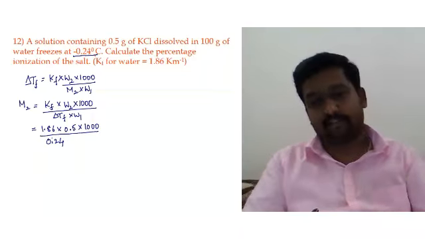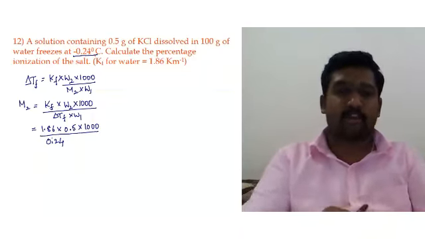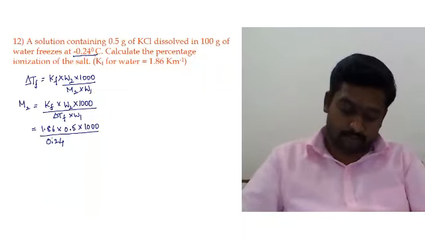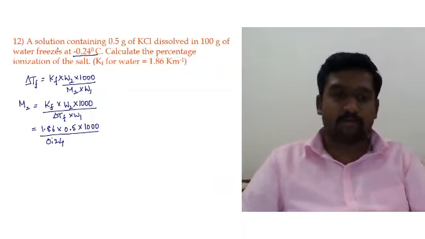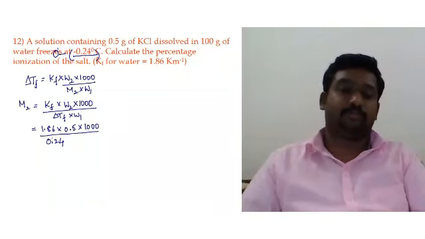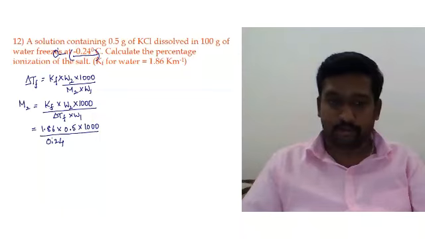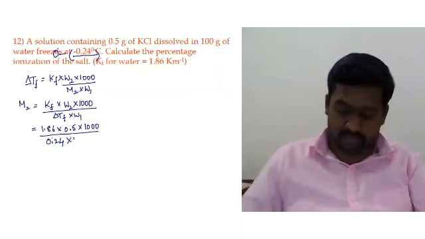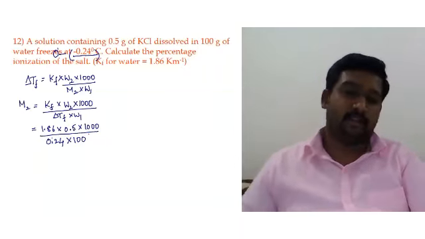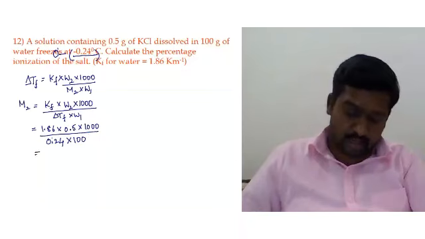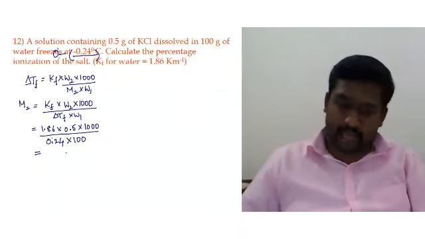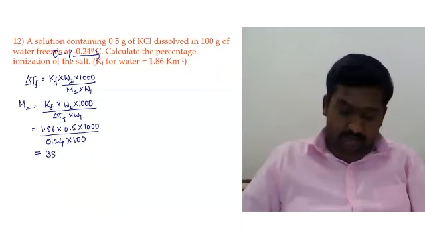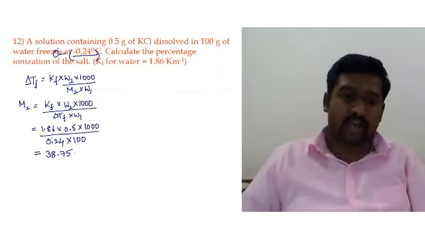But we want delta Tf, which is 0 minus of minus this value, which is the positive value 0.24, into W1, that is mass of solvent, which is given as 100 gram in the question. So the molecular mass from this data, if you calculate, will be 38.75 gram per mole,